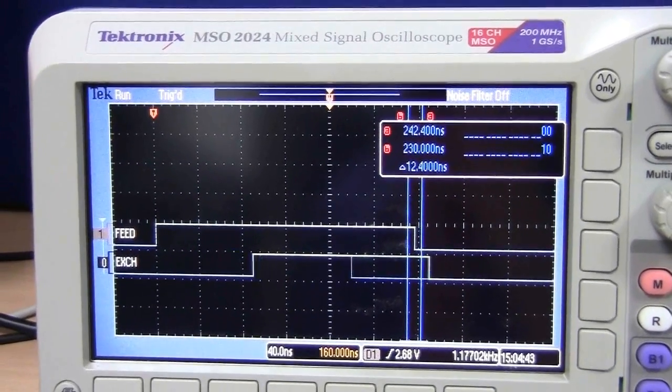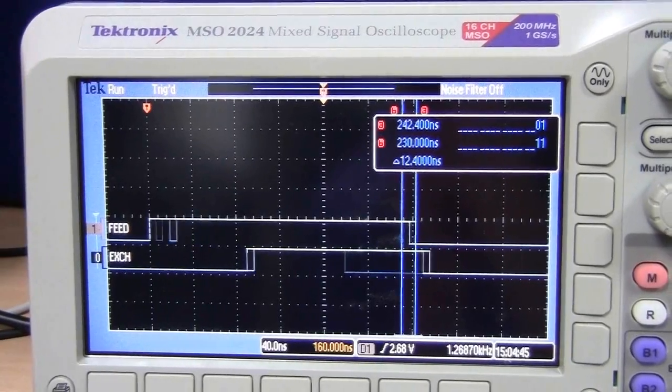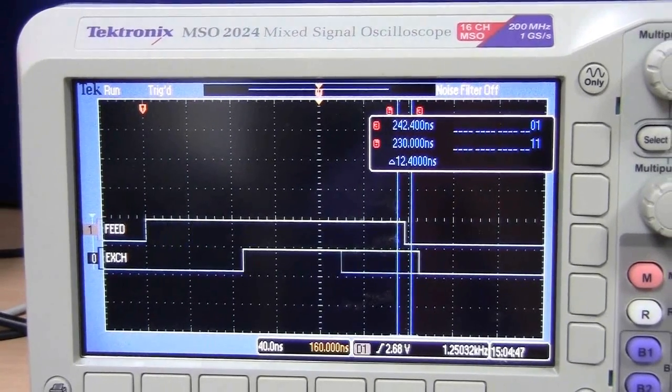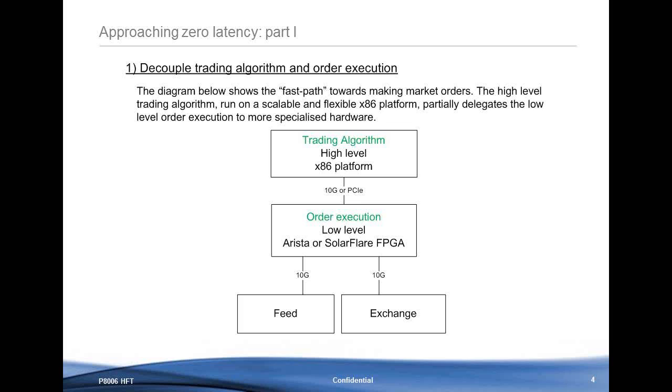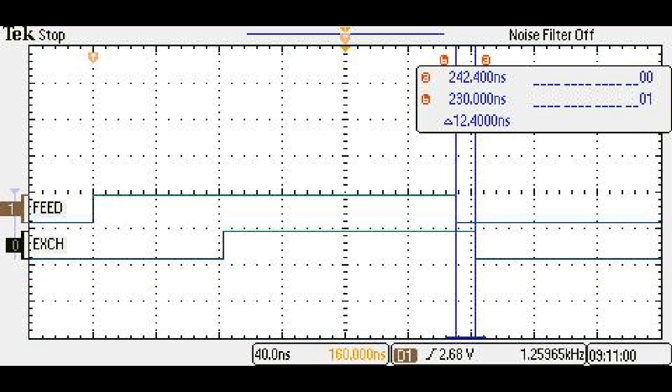This is a very simplified demonstration. In a real trading platform, the FPGA could be programmed with modules to compute functions such as moving average or any other indicator metric. In a similar way to our updating the rule tables, the connection between these function modules and the strategy matcher could then be continuously reconfigured by the higher level trading algorithm in order to implement a long-term trading strategy. This FPGA approach then allows flexibility and scalability to be retained at the higher level, whilst reducing offer-to-order latency by a factor of 20 compared to